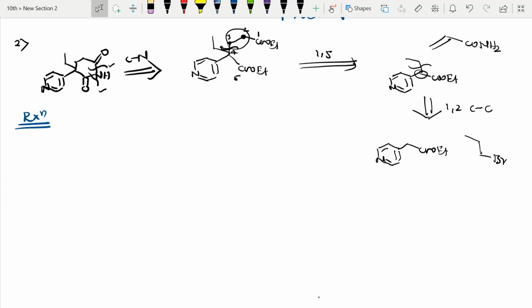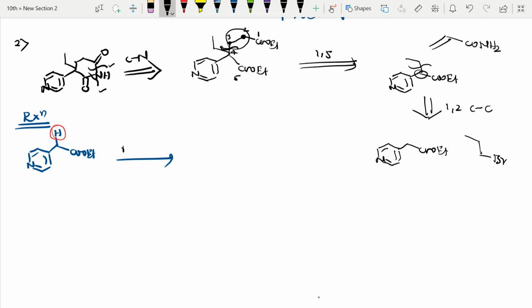So what I will do, I will take these things. The same thing I have taken, CH2 COOEt. Here two protons will be there, but I will show only one proton because I have to work with only one proton. And that proton will be acidic. I hope you are getting it. This proton will be acidic. Why is it acidic? Because it is at the alpha position to an electron-withdrawing group, that is the ester.